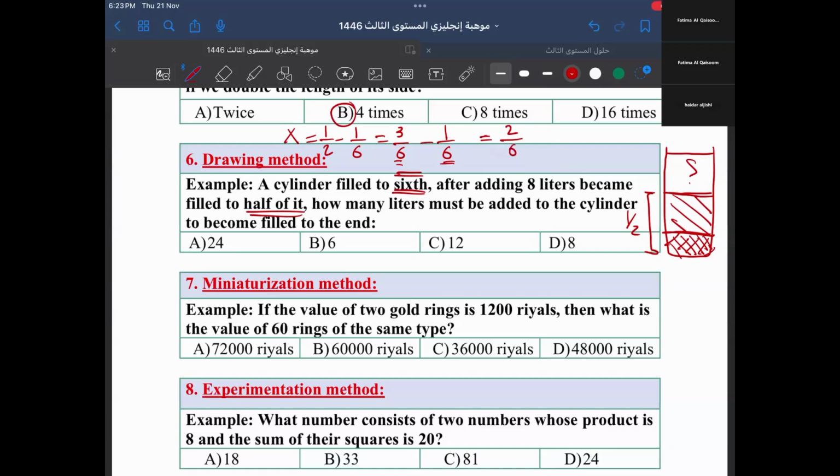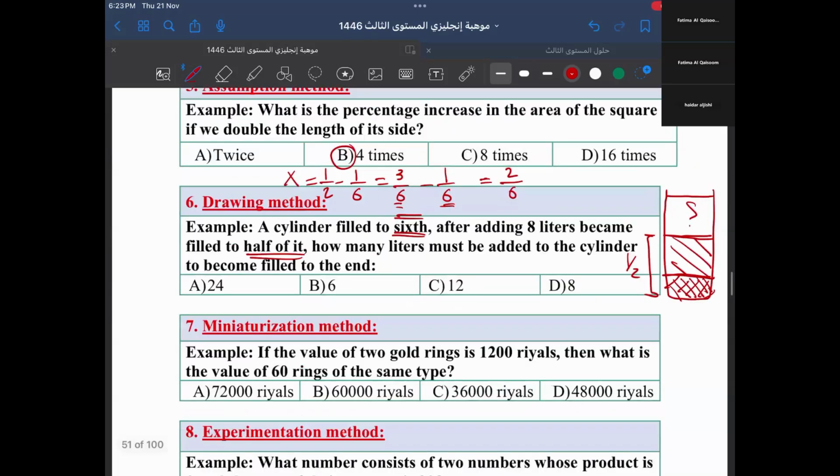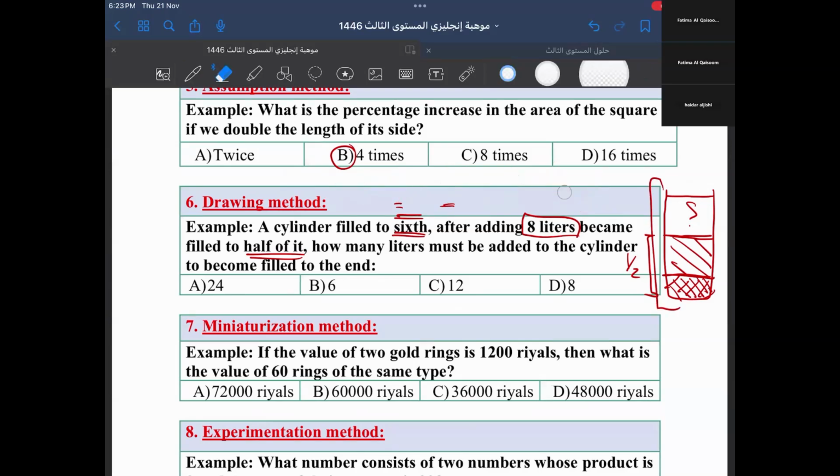2/6 equals 1/3. Are you with me? Yeah. And it equals 1/3, exactly. So now we know that the 8 liters equals a third of this cylinder. Since I know this information, I can say that